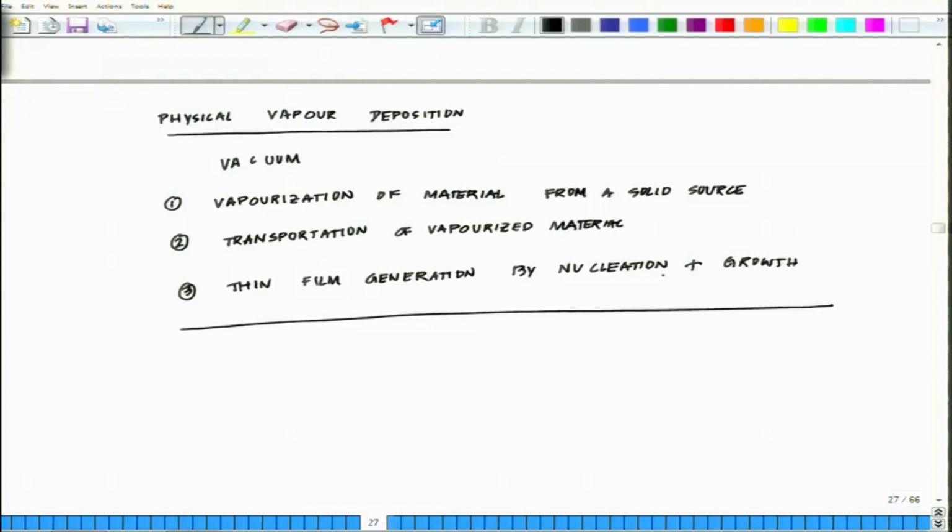The most commonly used PVD methods are sputtering, followed by, it could be electron beam evaporation,